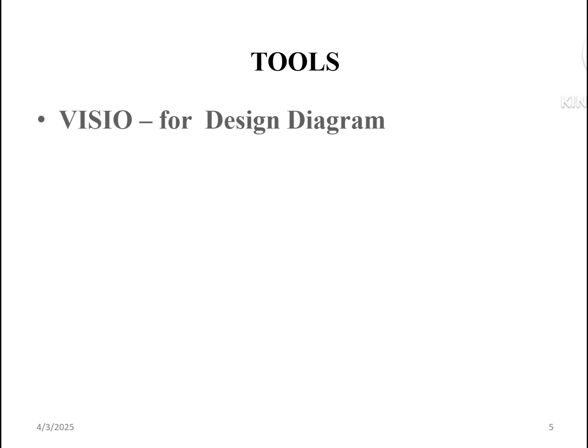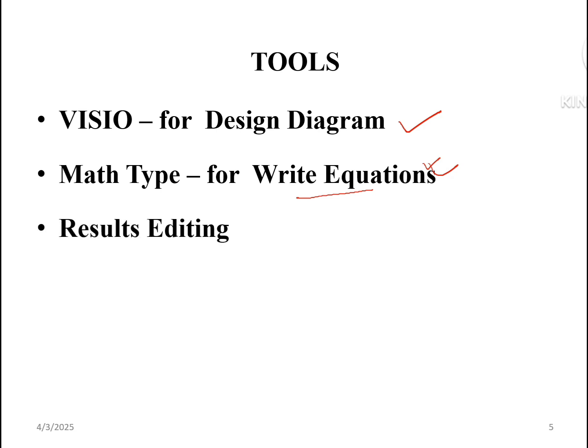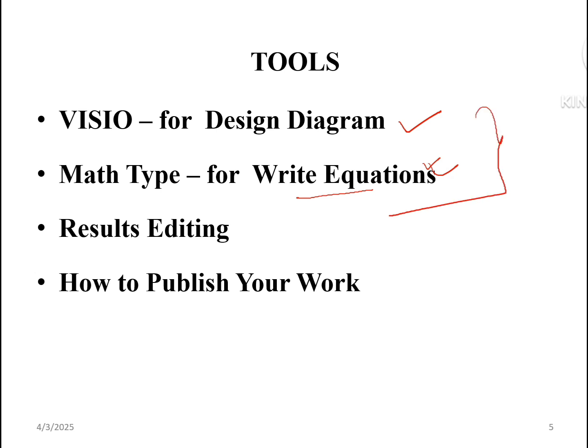Next, what tools are you using to write the research papers? The first tool is Visio. Visio is applicable for designing diagrams and flow charts, right? You can download Visio and use it. Next, MathType. MathType is software that is meant only for the equation part, when you are writing equations. Next, result editing. After you have done these three particular things, then how to publish your